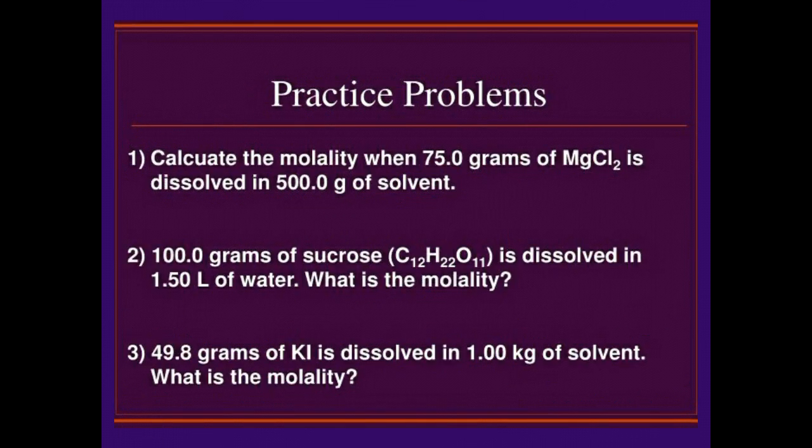Now these are the questions for practice. Calculate the molality when 75 grams of MgCl2 is dissolved in 50 grams of solvent. Like a mass of solute is given to you, and the mass of solvent also is given to you, that is in grams. So you will have to use the formula with the multiplication by 1000. Of the three formulas I have written, the second one, the one in the middle, you will apply in this, because the mass of solute is given here. So you need to convert first into the number of moles. The mass given below is also in grams, so you will have to multiply the whole thing by 1000.